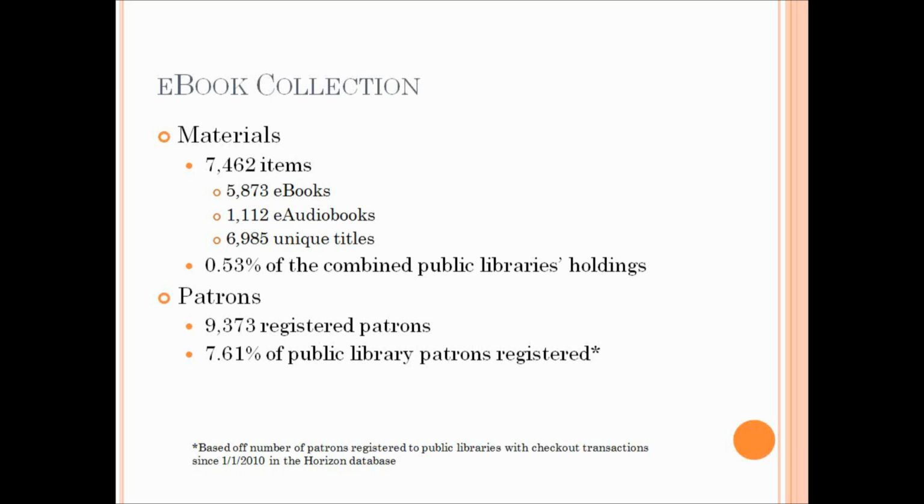Because as you know, most of the titles are simultaneous access. We have to buy one to be able to have one person access it. And if we buy a second one, a second person can access it. So we have 10 copies of The Help and 13 of 50 Shades of Grey. You don't have to let us know that. Yes,